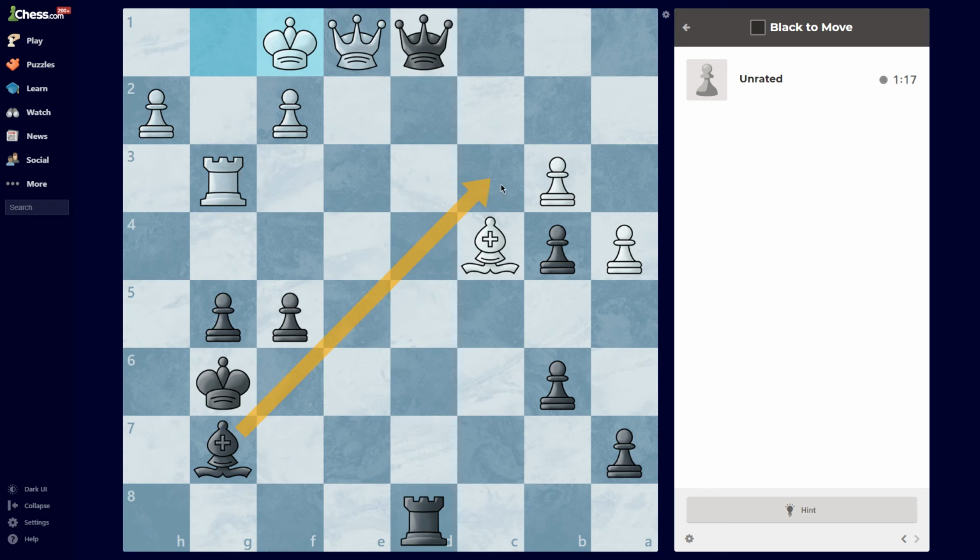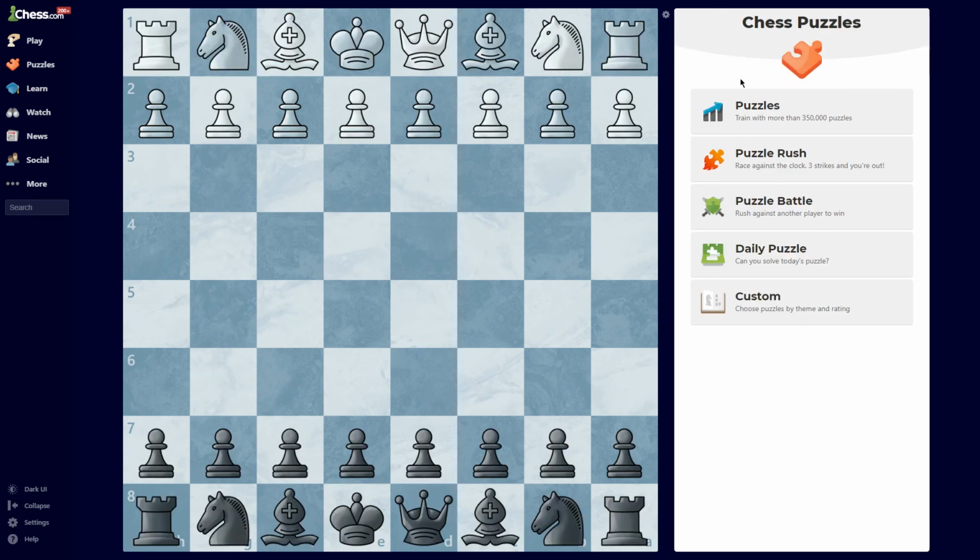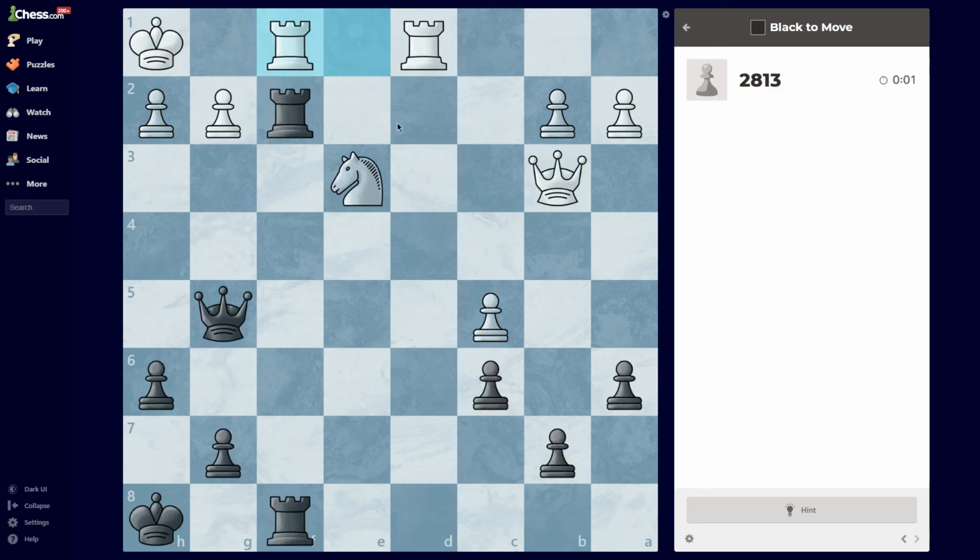Like if he does take my bishop, I'll just take his queen. He has to take back, and then I take his rook. Maybe that position is a draw, which is why it wasn't the winning move. But if I do go here, he cannot move his queen. And I wasn't able to see any weird checks, so that was a bit weird. But I guess